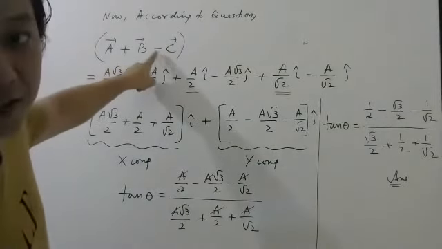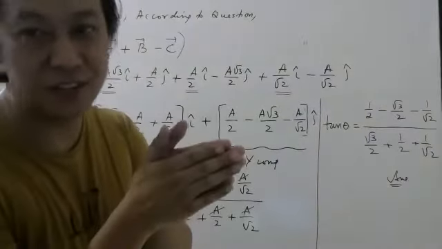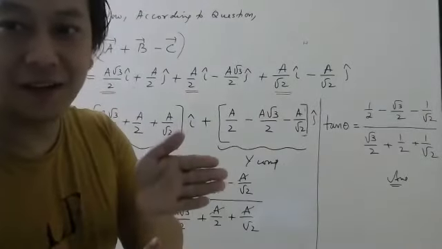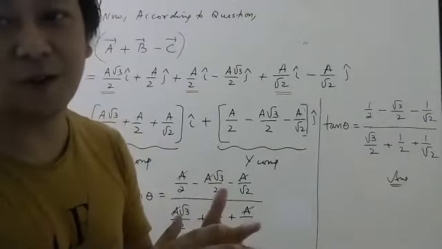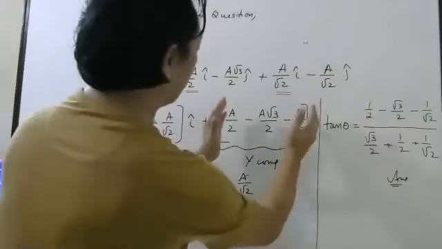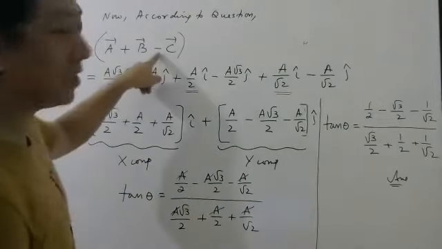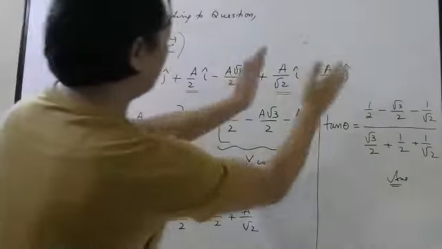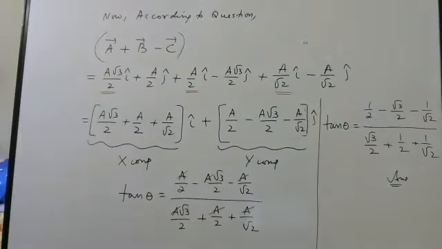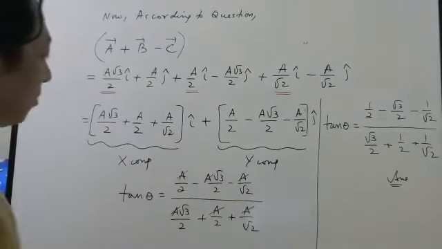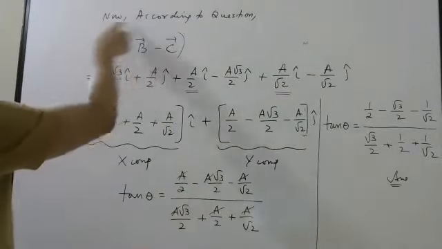If this was plus, I would have done it more easily. I would have just taken all the x components together and added them, and taken all the y components together and added them. That would be my total x component and total y component, and I would divide the y component by the x component. But since there was minus, I thought better to write in vector form, then substitute, then separate the x component and the y component. Once I know the y and x components, I divide them to find the angle that gives the direction of this vector.